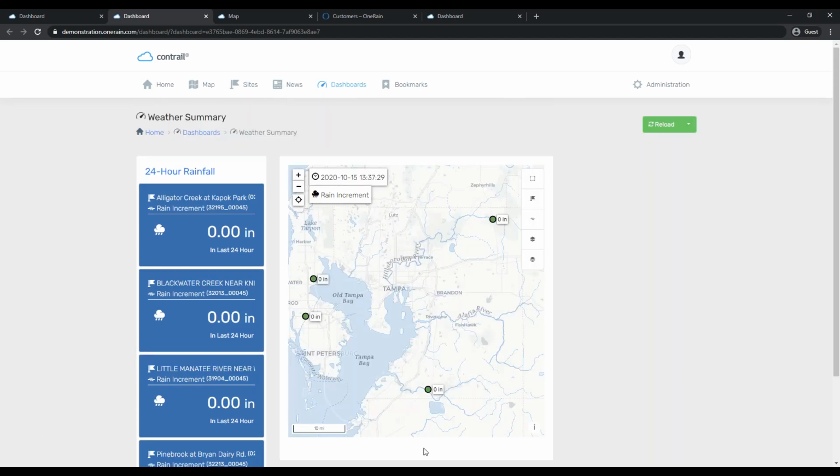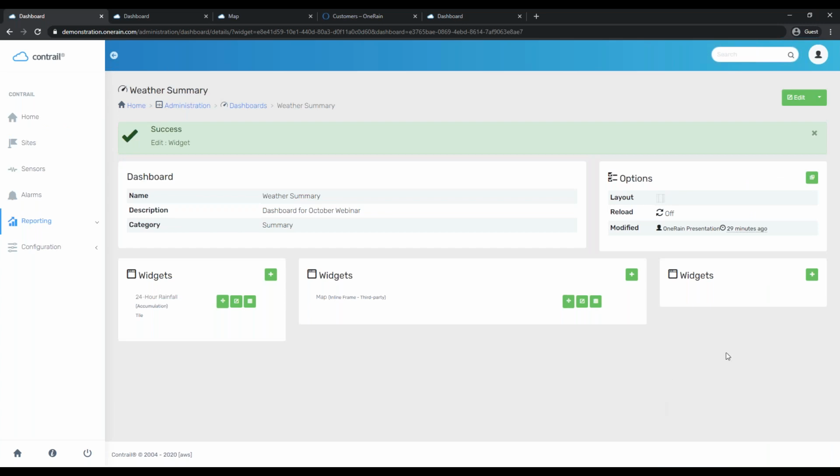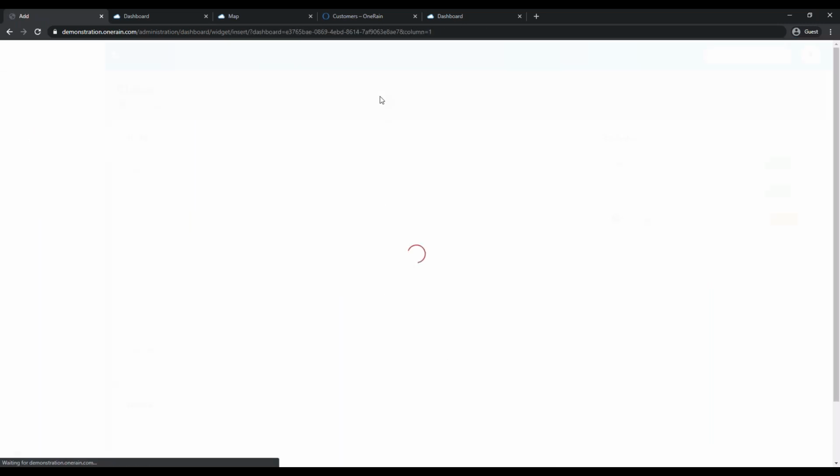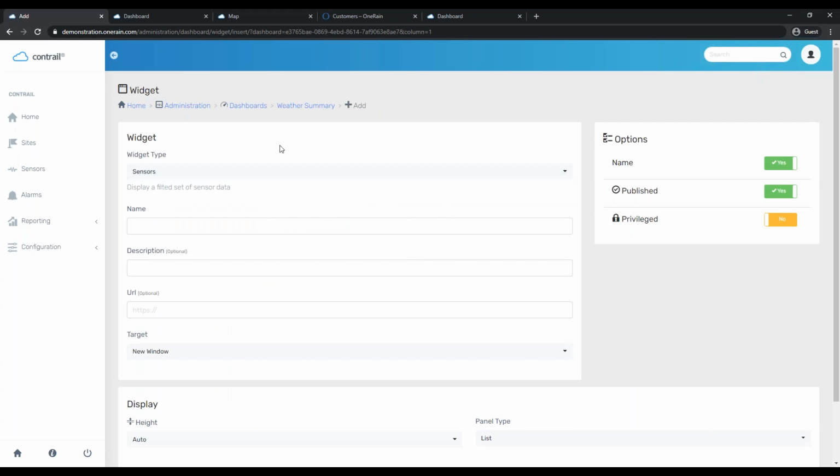So what else can we add to this page? Well, why don't we go ahead and add some stage data from sensors. So I'm going to add that underneath the map. And let's see, we can leave it at the sensors widget type. And let's add in